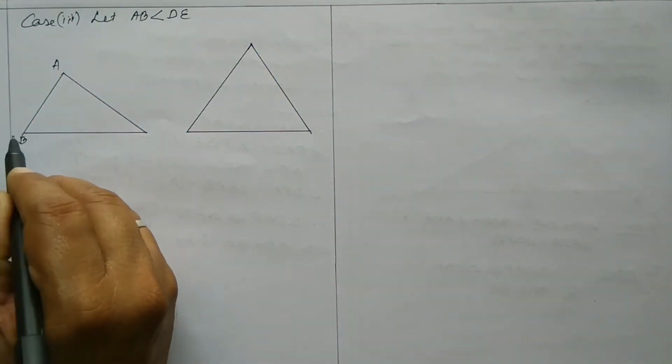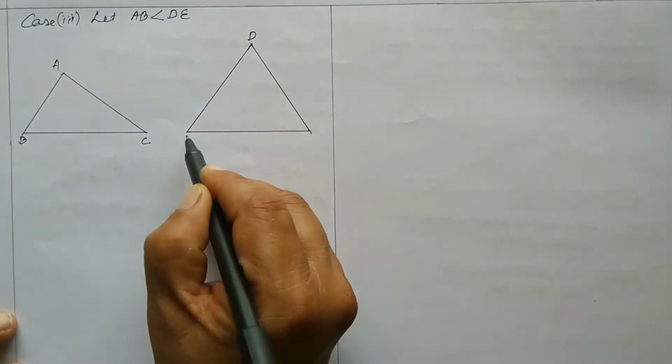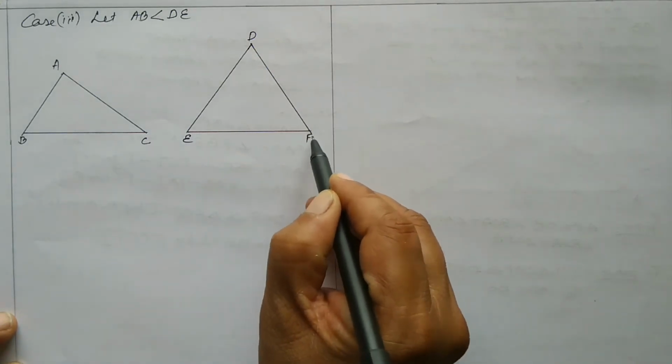This is triangle ABC in which AB is smaller than DE. So this is DEF. Rest of the things